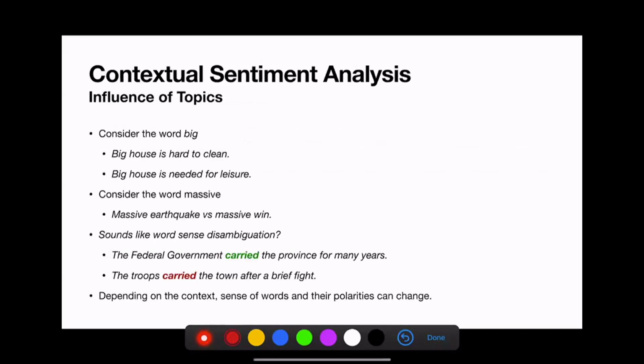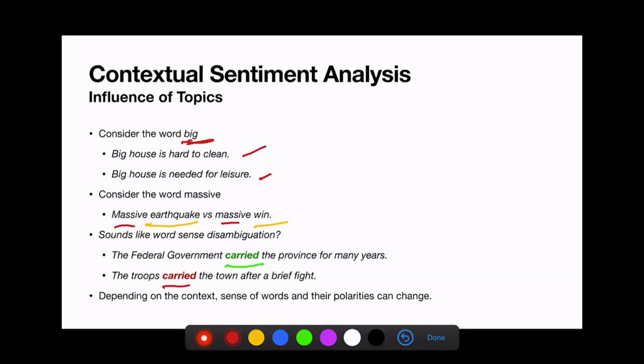Okay. Now we move to the next topic, which is contextual sentiment analysis. What is important here? Consider the following sentences, and consider this word "big". Depending on the context, a big house is hard to clean. A big house is of course good for comfort. Also the word "massive" changes if you change the context. If you change the context, the polarity of the sentences or phrases changes. For example, in this case, like "carrot", see how this word is utilized in two different contexts and has completely